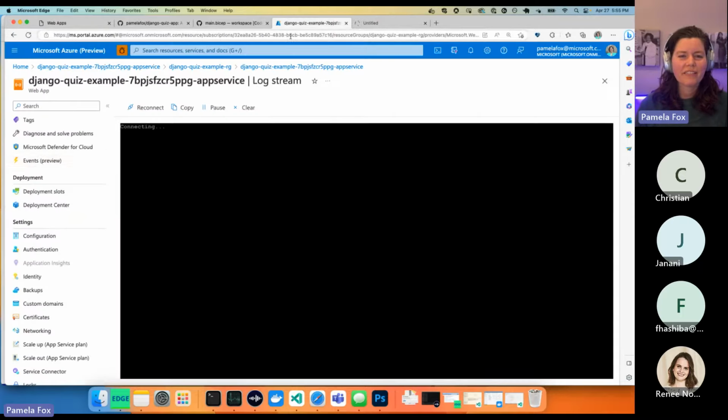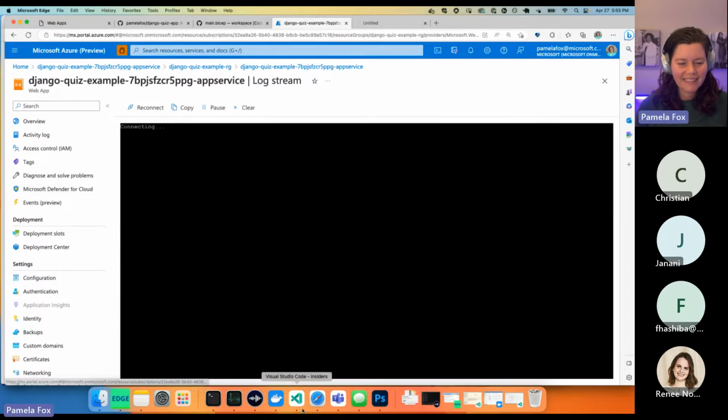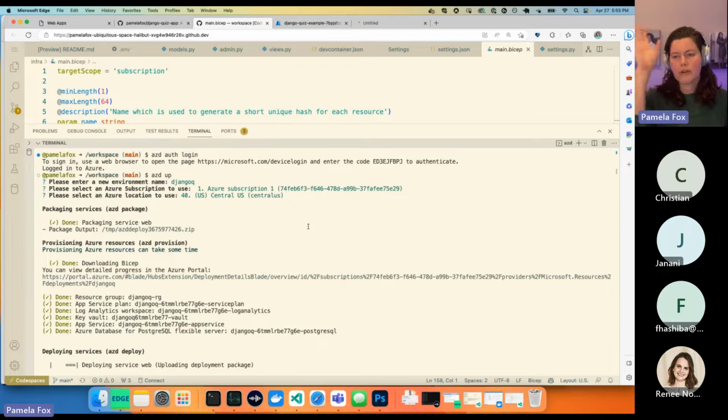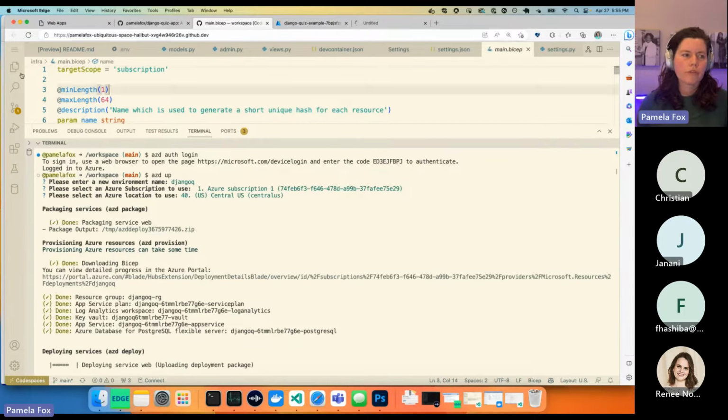Here's one I prepared earlier that's still loading. Let's see how this one is going. Yeah, still. Oh, it did finish the Postgres. Okay. So after AZD has created all those resources, the next step is to actually deploy the code. So the code is not deployed yet. All that's happened so far is that the resources are created, but it does need to deploy the code, which means actually taking all the code and bundling it up, zipping it up and uploading it to Azure servers.